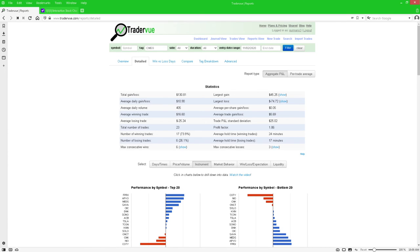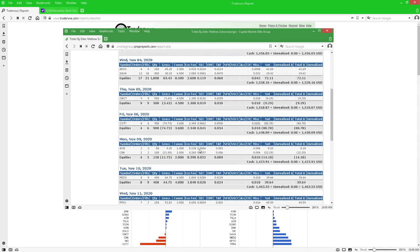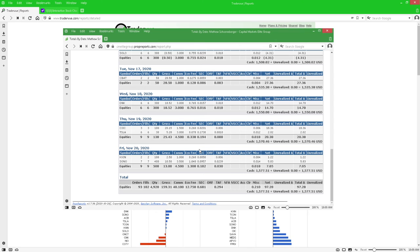We can try to take a look at the back end. I'm going to log in right now and see where I'm at with, you know, fees and what have you. Give me 1 second. Okay. So in case you're wanting to verify and you don't believe my incredible profits,